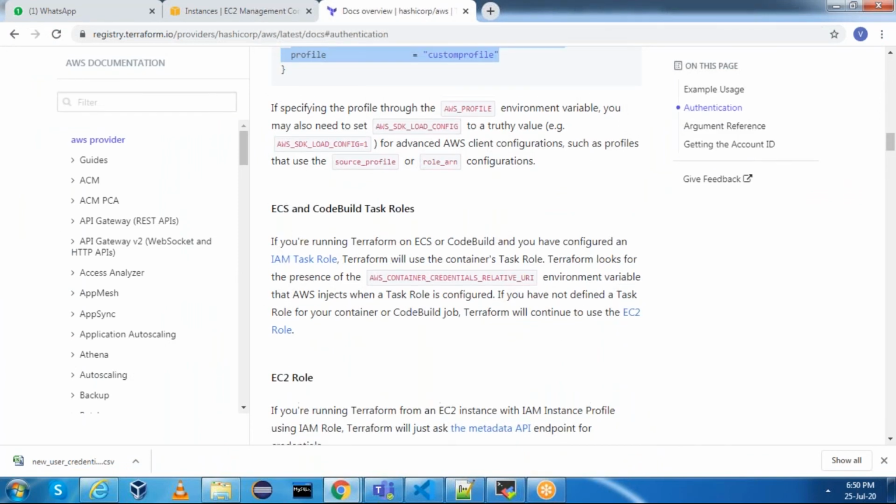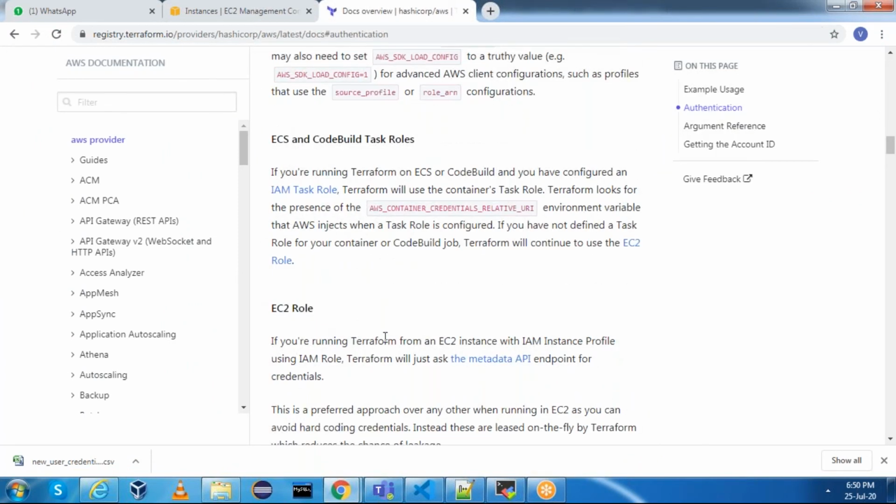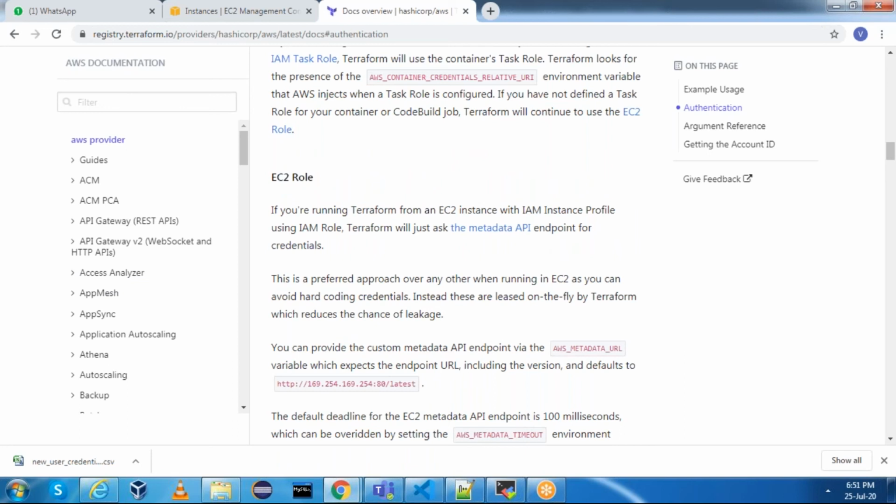And the preferred way is fourth approach, EC2 role. If you are running Terraform from EC2 instance with IAM instance profile using IAM role, Terraform will just ask the metadata API for entry. This is the preferred approach when running in EC2, as you can avoid hard coding credentials. This is the best preferred approach.